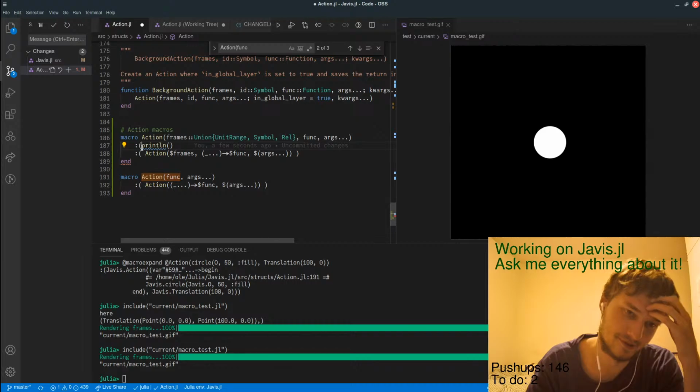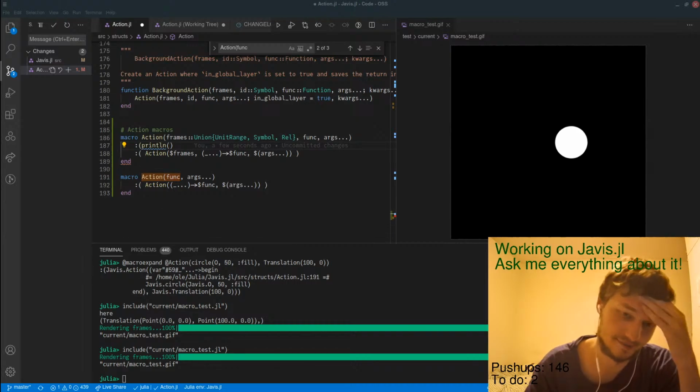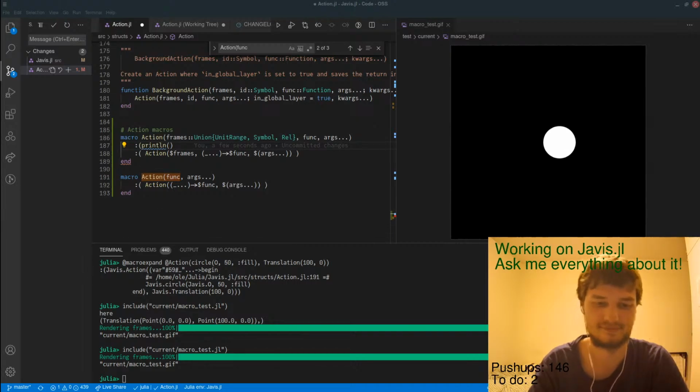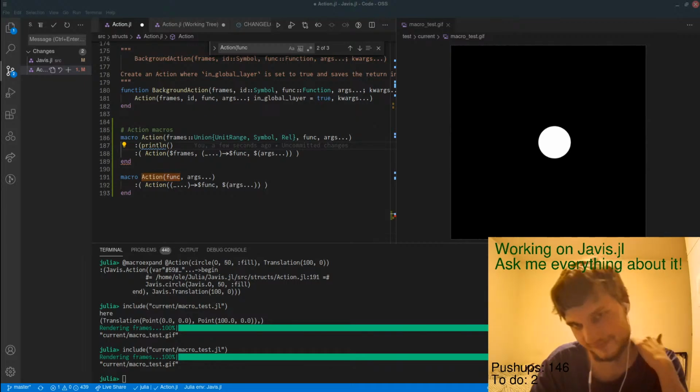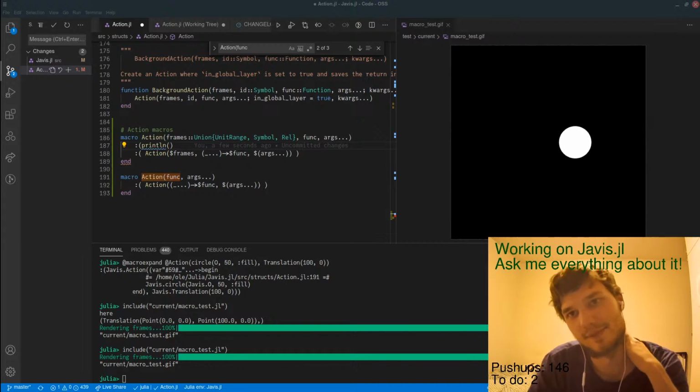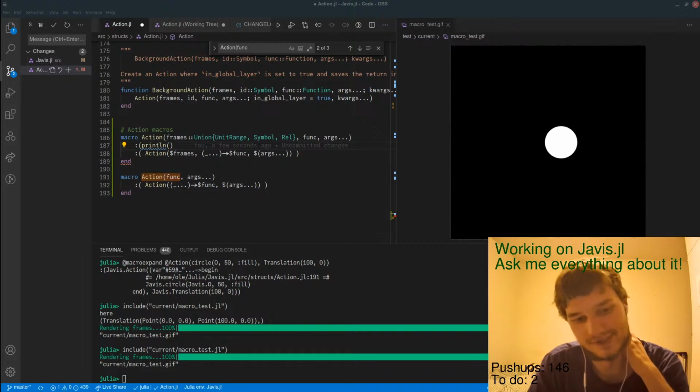Get the points. Okay. Somehow get the idea now that macros are just, well, the user can do whatever they want with it.